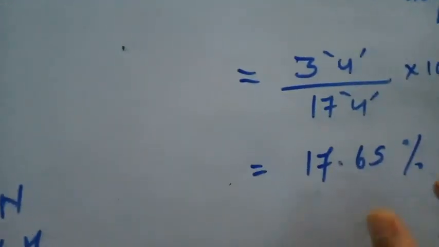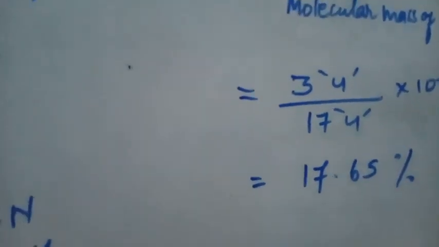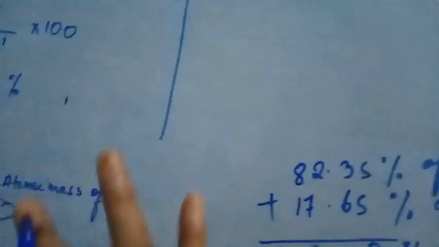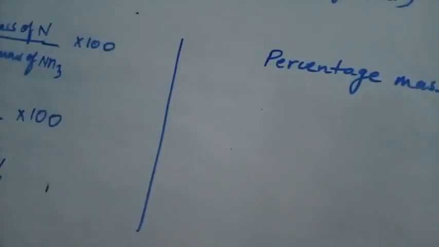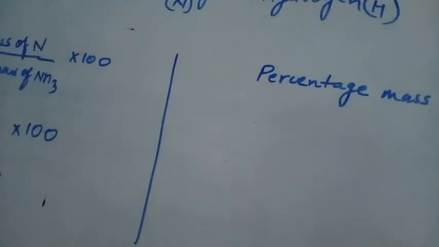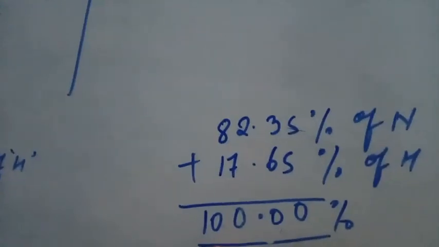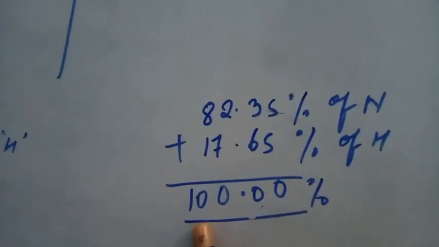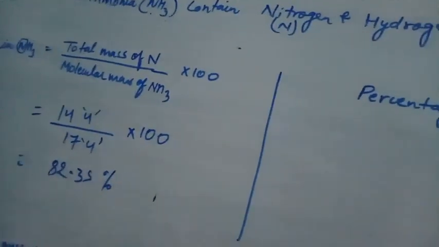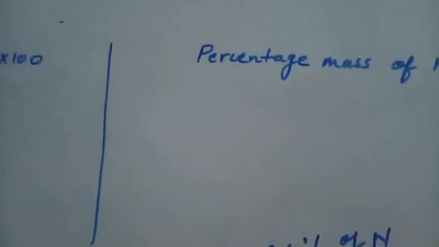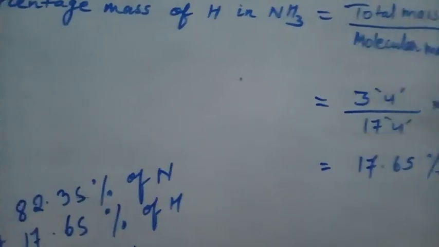If you get some large value, just adjust the value such that when adding these two, or adding the percentage mass of each element of a compound, it should come up to 100%. Okay, then you will have the accurate percentage mass of each element present in any compound. So this was about your percentage composition topic.